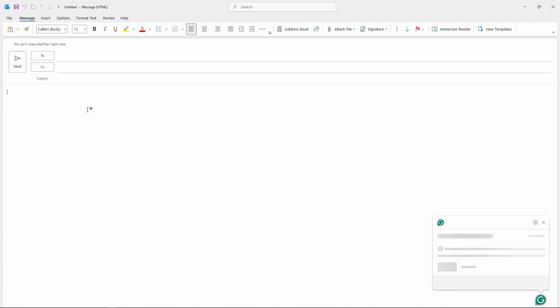With Grammarly now active, it will automatically check your writing for spelling mistakes, grammar errors, and style suggestions as you type. And that's it. You've successfully installed and enabled Grammarly in Outlook, giving you real-time writing assistance for all your professional